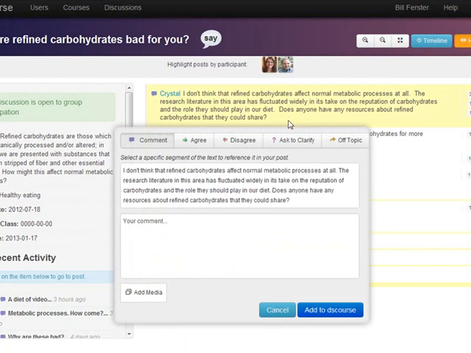So I click on say, and I get a choice of a variety of different things. I can comment, I can agree, and I'm asked to say why I agree, disagree, or clarify. What happens when you ask to clarify something is that a message gets sent to the student who wrote the post, notifying them and the instructor, for that matter, that you need some clarification on a particular thing, and they need to actually talk. On this comment, I'm going to talk about it affecting metabolic processes. And notice I highlighted this particular thing so that I can comment on that in particular. So I'll say, I didn't think you could